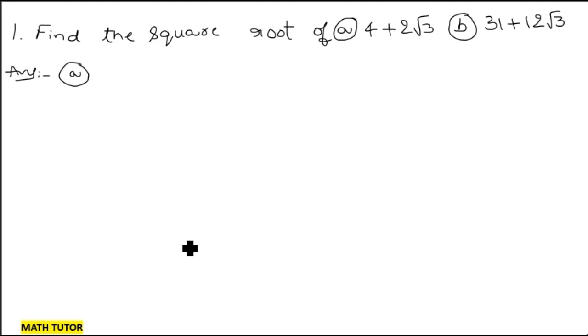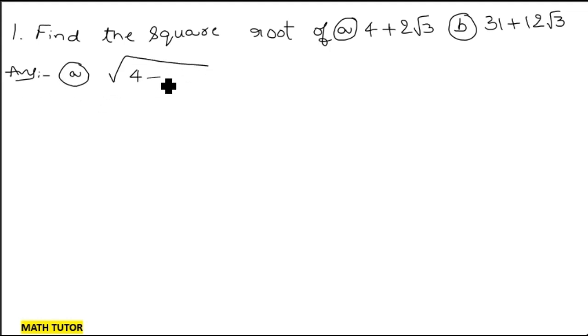Today we are going to see some problems from the ICSE Maths 9th Standard Integrated Exercise, Chapter 1 Rational Numbers. Okay, let us see. The first question is: find the square root of A, 4 plus 2 root 3, and B, 31 plus 12 root 3. Okay, we have to find the square root of